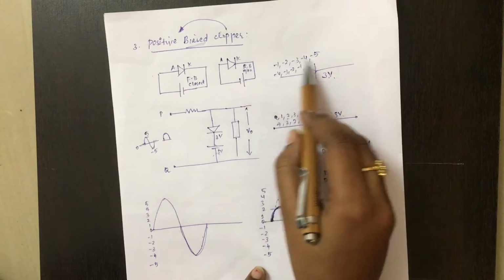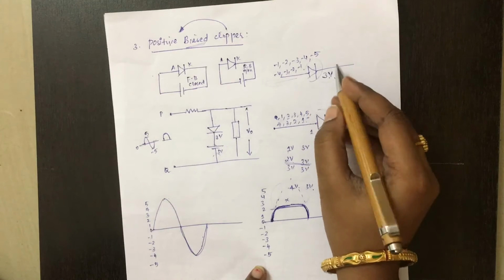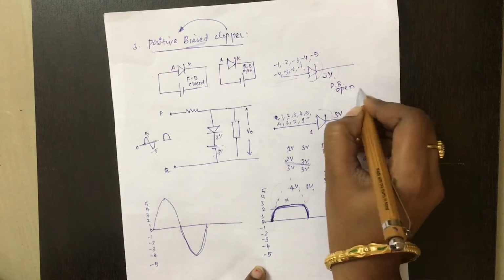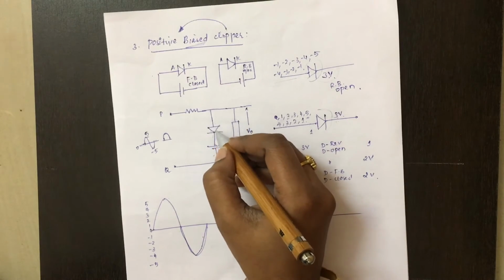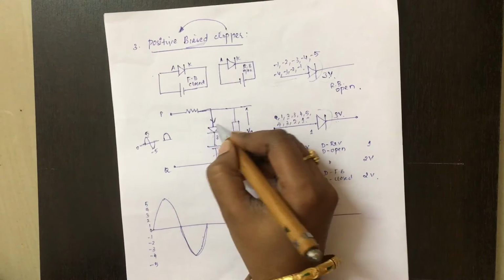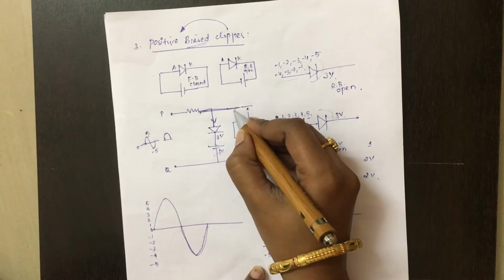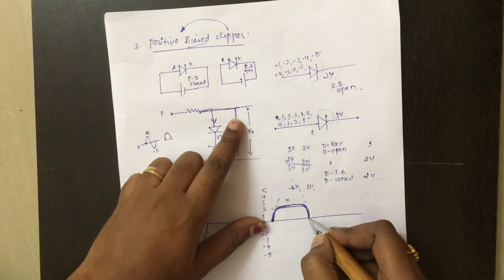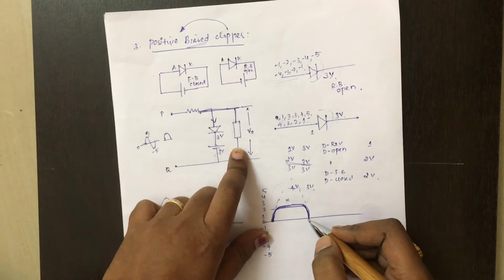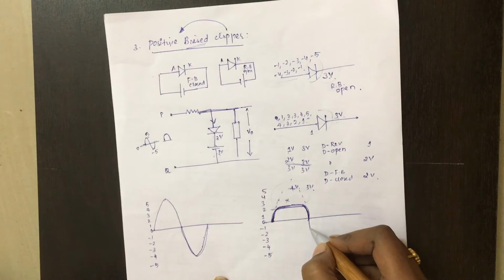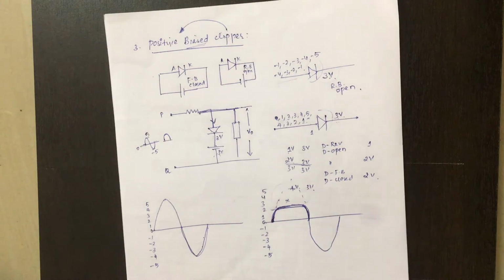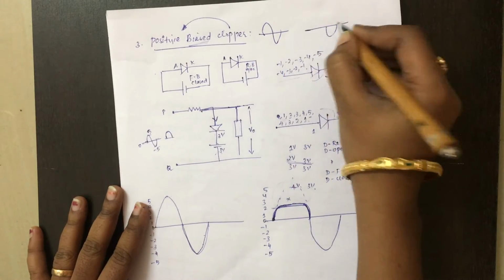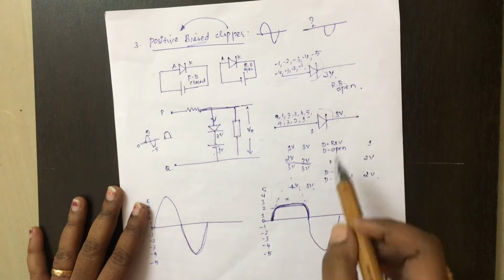So for our entire range, the diode will be acting in reverse bias condition and the diode is acting as an open switch. So when the diode is acting as an open switch, no current will flow across the diode. Entire current will flow across the output resistor. So since entire current is flowing through the resistor, you will get the entire output as such as an input. For positive clipper, if you give an input like this, you will receive an output. The entire positive waveform is clipped.